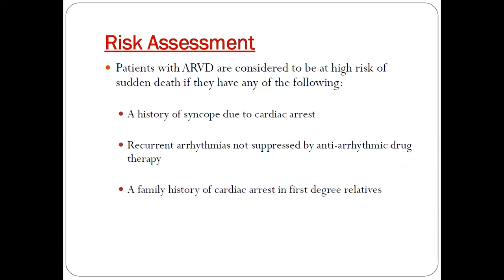So, risk assessment. ARVD patients, as we have already said, are at high risk of sudden cardiac death. So any patient of ARVD with a history of syncope due to cardiac arrest, recurrent arrhythmias not suppressed by antiarrhythmic drugs, and a family history of cardiac arrest. So all these three are the high risk features. That is, any history of syncope, recurrent arrhythmias which are not suppressed by drugs, and family history of cardiac arrest